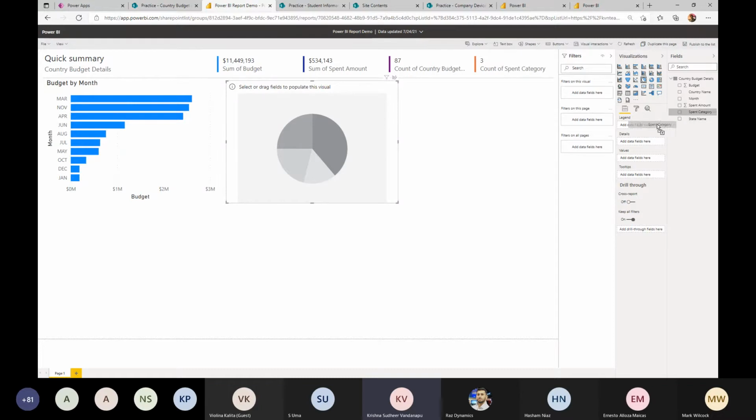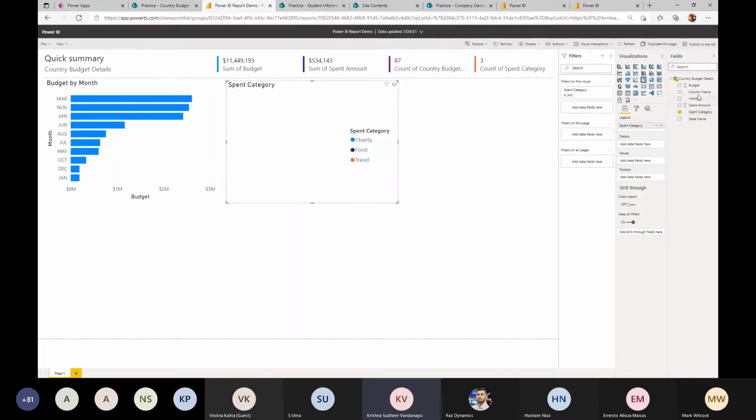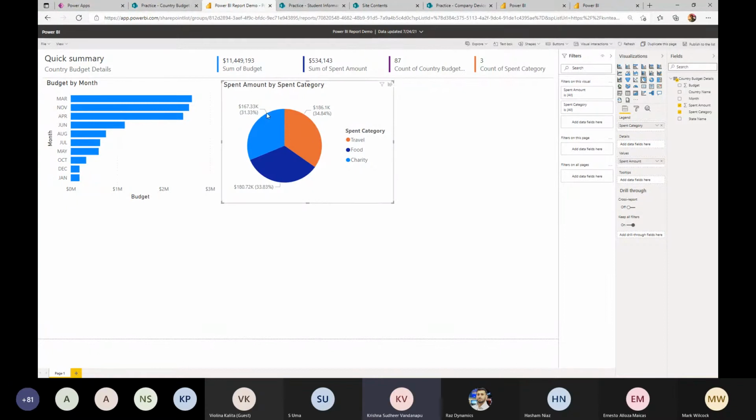Now it is the spent category as my legend, and spent amount is what I wanted to see as part of my value. Once that is done, there you go. I have my spent category, and if I want to change the title, I can always change the title by coming here and saying like